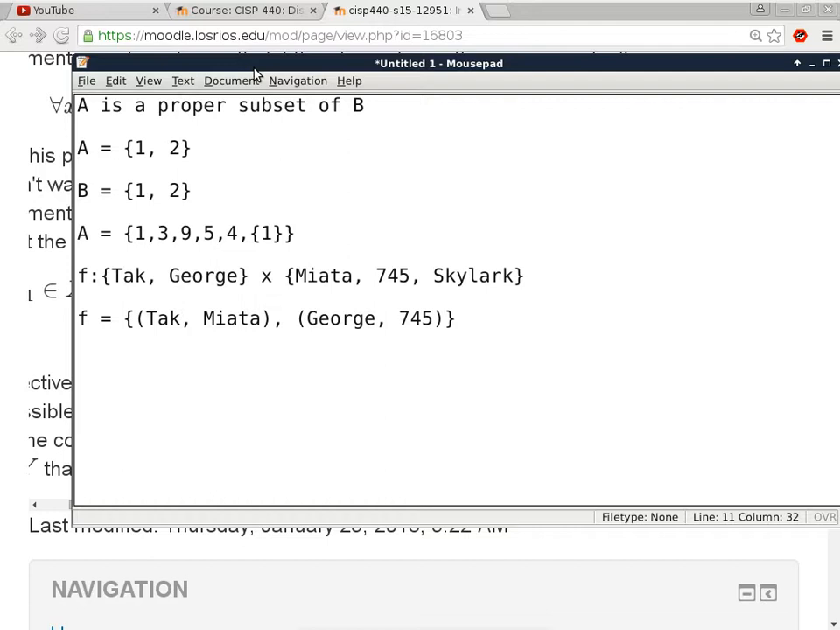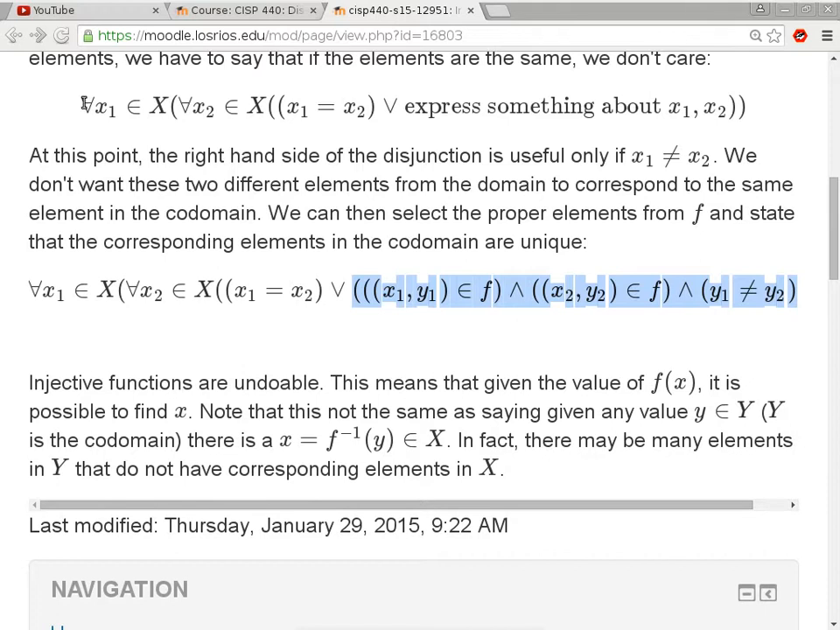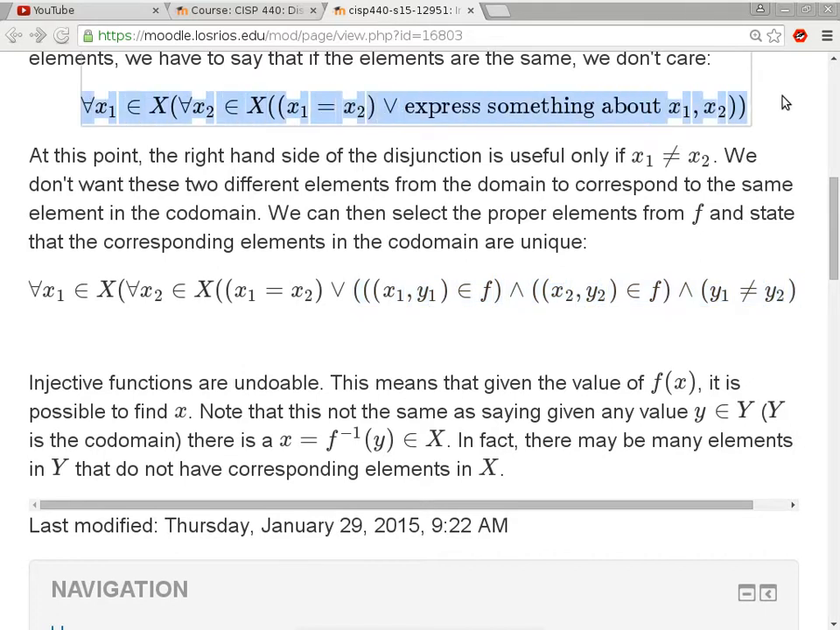Any other questions? Yeah, so what's the x1 and x2 in this example? Well, x1 and x2 are variables. Let me go back to the notes and explain that part. So x1 and x2 are basically variables. If you just look at this part here, without any specific information about an injective function,